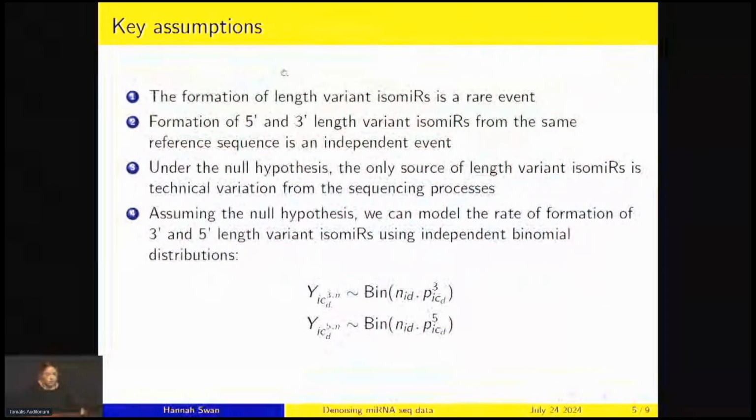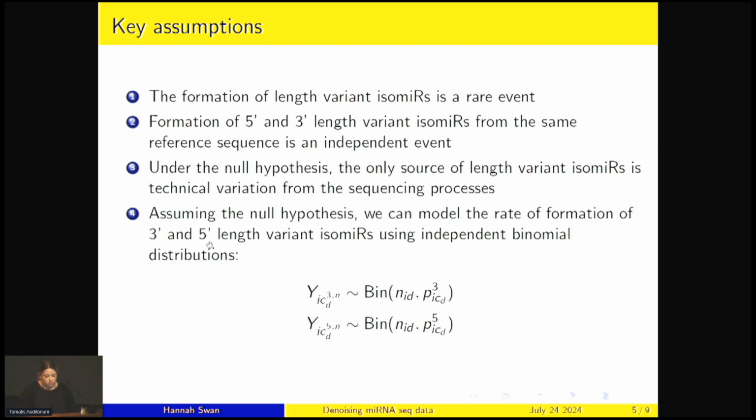The first is that the formation of these length variant isomers is a rare event. The second assumption is that formation of 5' and 3' length variant isomers from the same reference sequence is an independent event. The third assumption is that under the null hypothesis, the only source of length variant isomers is technical variation from the sequencing processes. So under the null hypothesis, only errors in sequencing are giving us these length variant isomers,